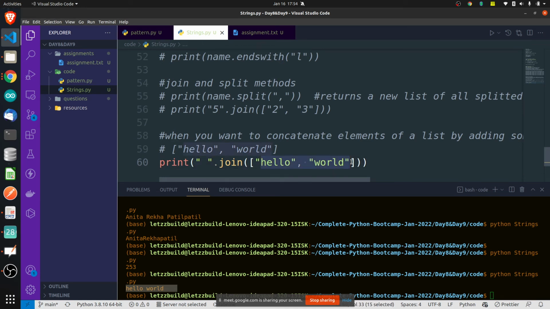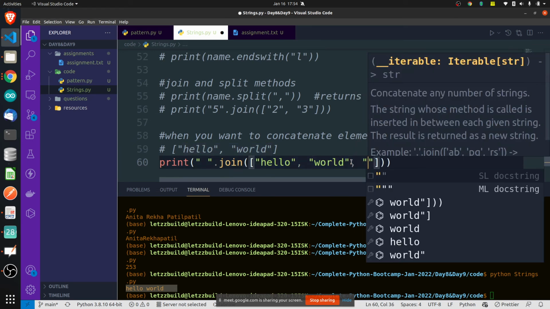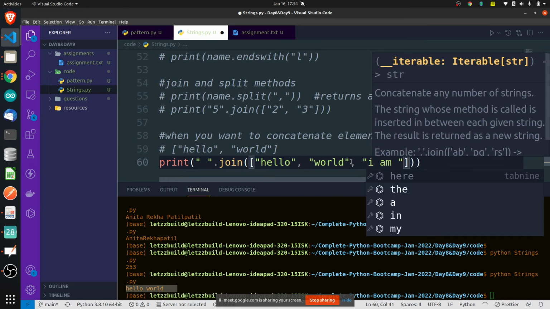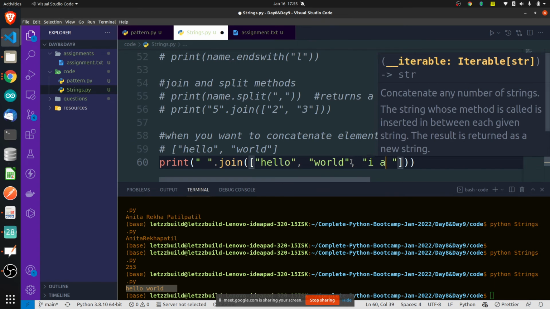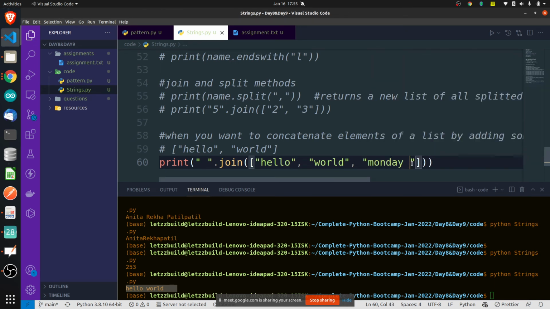Is this clear? Yes. Let's say I have something like this. Now what will the output string look like? It will look like hello space, whatever string you put here, right now it is space.